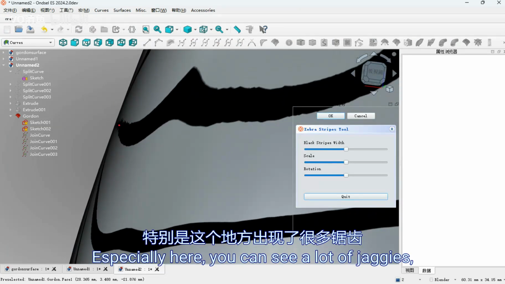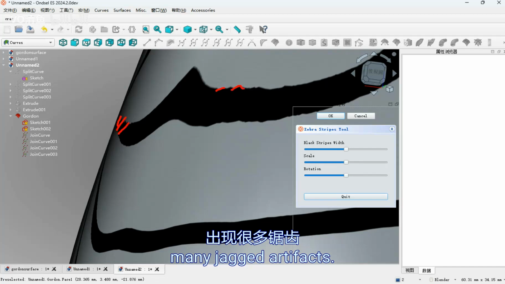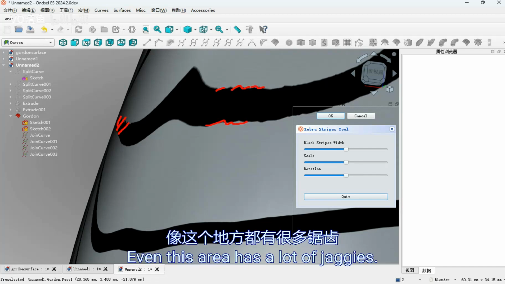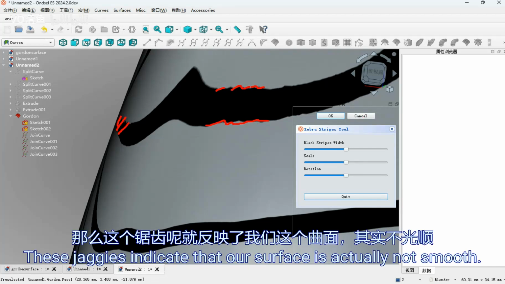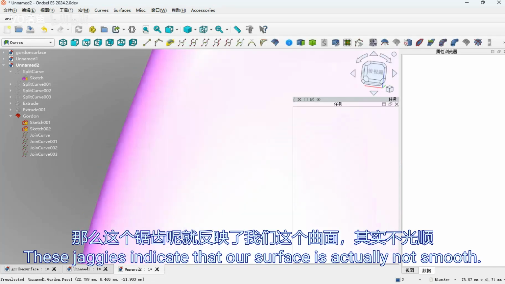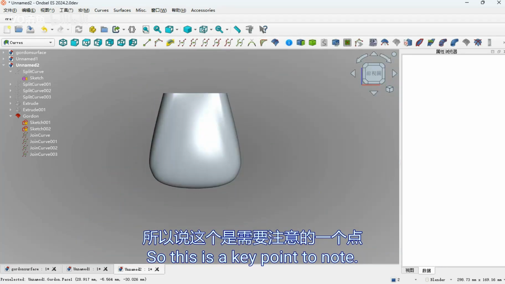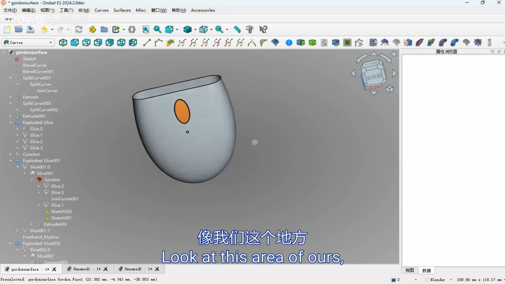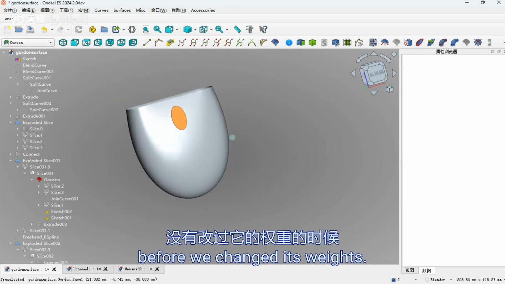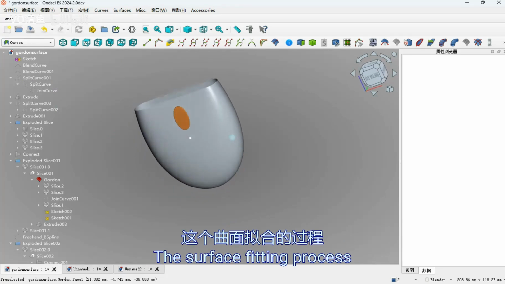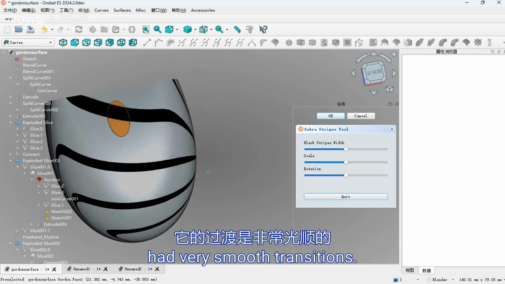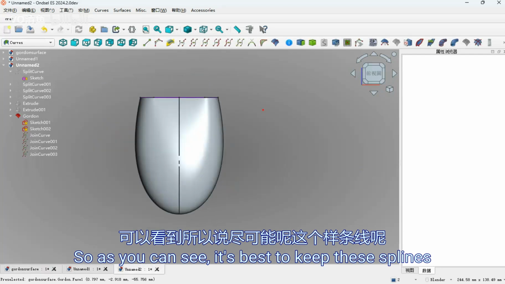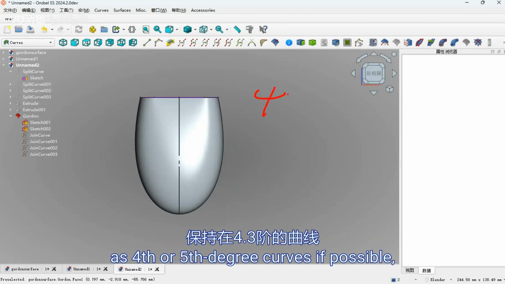Especially here you can see a lot of jaggies, many jagged artifacts. Even this area has a lot of jaggies. These jaggies indicate that our surface is actually not smooth. So this is a key point to note. Look at this area of ours. Before we changed its weight, the surface fitting process had very smooth transitions. So as you can see, it is best to keep these splines as 4th or 5th degree curves if possible,